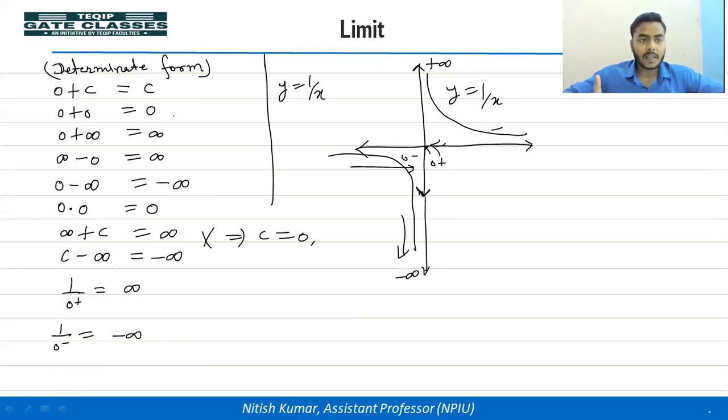Right? So these are the forms that are called determinate form. Why do we call it determinate form? Because if you look at the value on the left side, you can predict what will happen on the right side. That is called determinate form. And when, while solving limits, you get a determinate form, then you can directly write the value of the limit. No need to apply special methods.